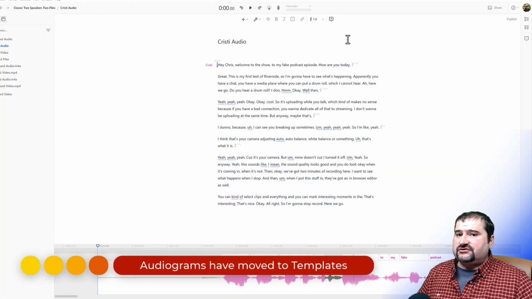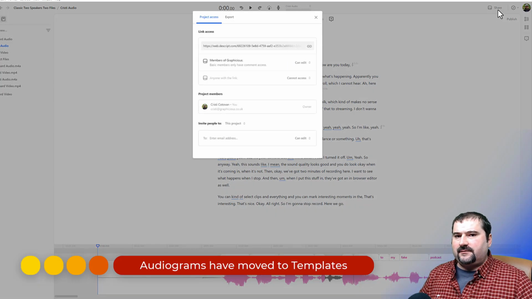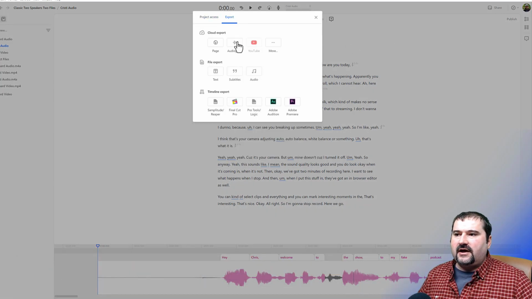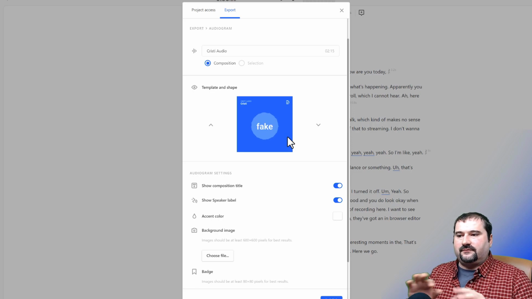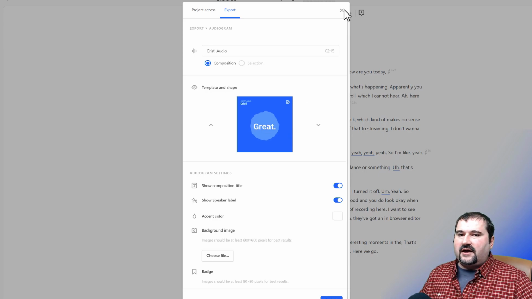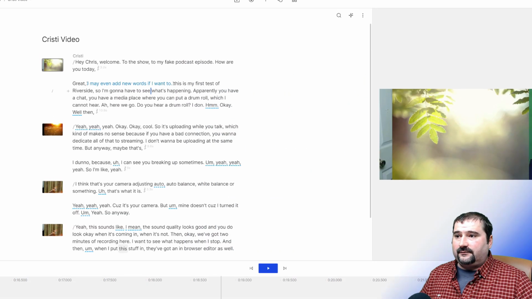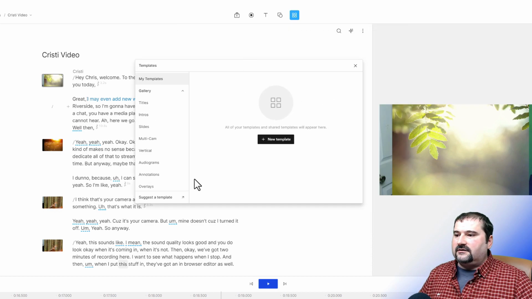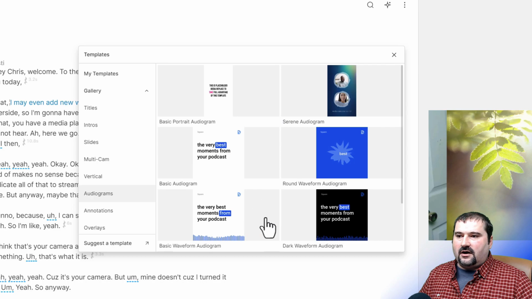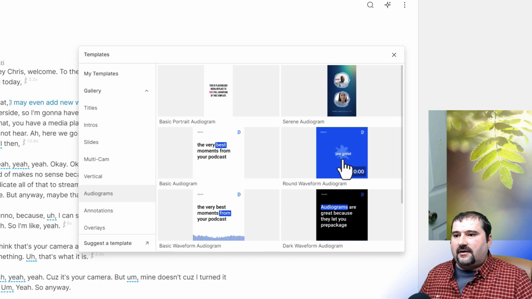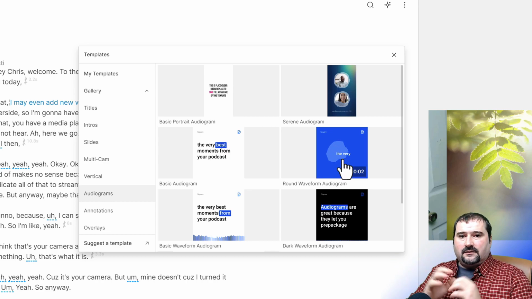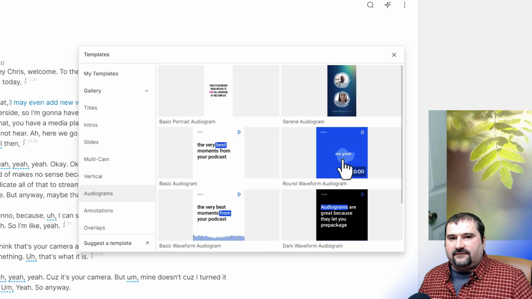The audiograms have also changed. You know, there was a way where you went to the share menu in the classic version and you could export as an audiogram, and that allowed you to create these animated audiograms with the words and waveform and all that stuff. Well, these have not completely gone, but you can find them now somewhere else, and they are actually part of the templates. If you go to the templates at the top, you can go to audiograms, and here they are. You can choose one to create it. But now you no longer have to export as an audiogram. You can import that as a template in your project, and it creates a composition with that template applied to it so that you can export that to any video format you like.